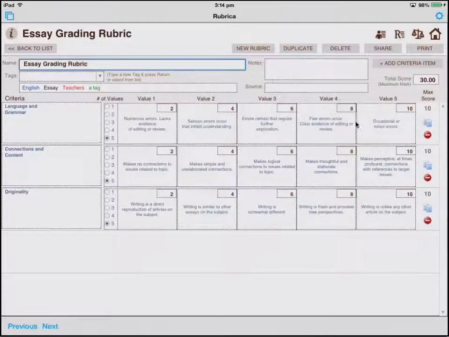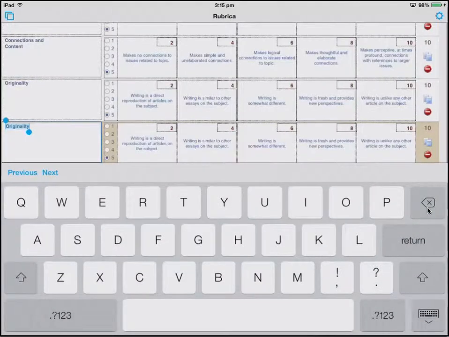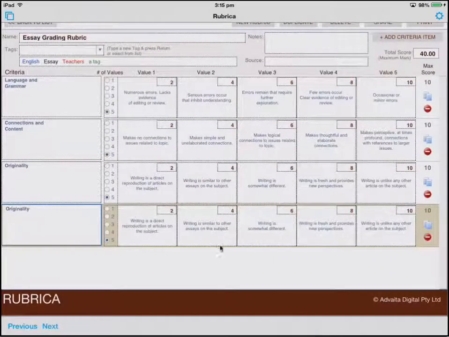Here we have the criteria rows, and you can see that each value has a score associated with it. These are all editable. You can put in whatever scores you want to use. You can also change the number of values that are associated with any individual criteria line. So if, for instance, I tap the duplicate this line icon just here, tap, just needed to respond to my finger, there we go, and you can see we now have a copy of that line and we can edit it to our heart's content,